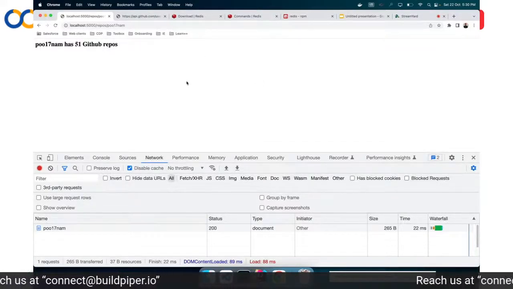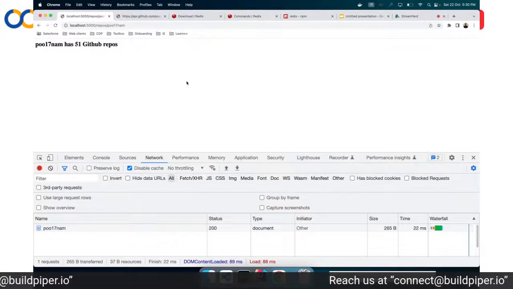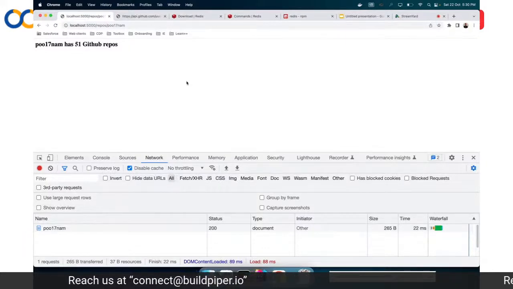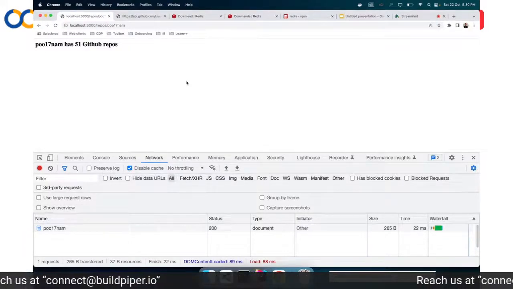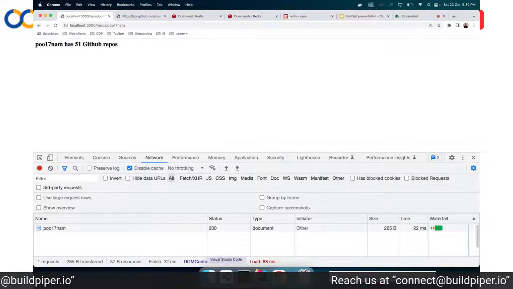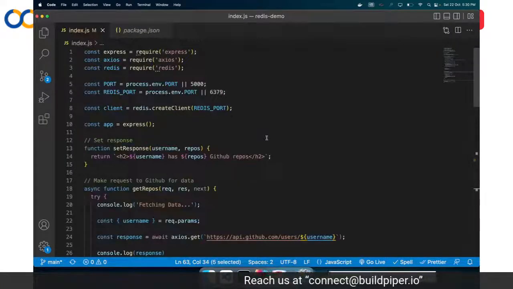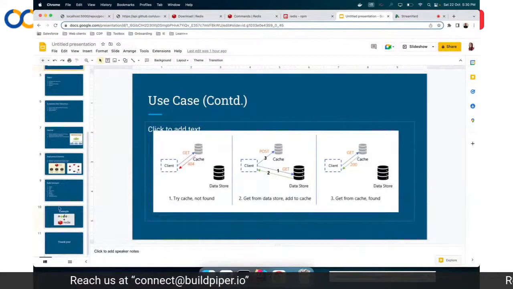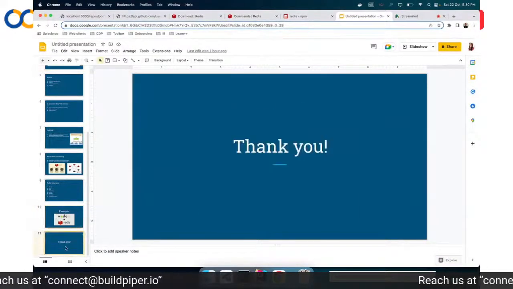But see, if you have understood these basics, you can go and implement it in large scale applications as well. Understanding the basics is important here. That's what I tried to explain. I hope that made some sense, and I think that's all I had for the demo.